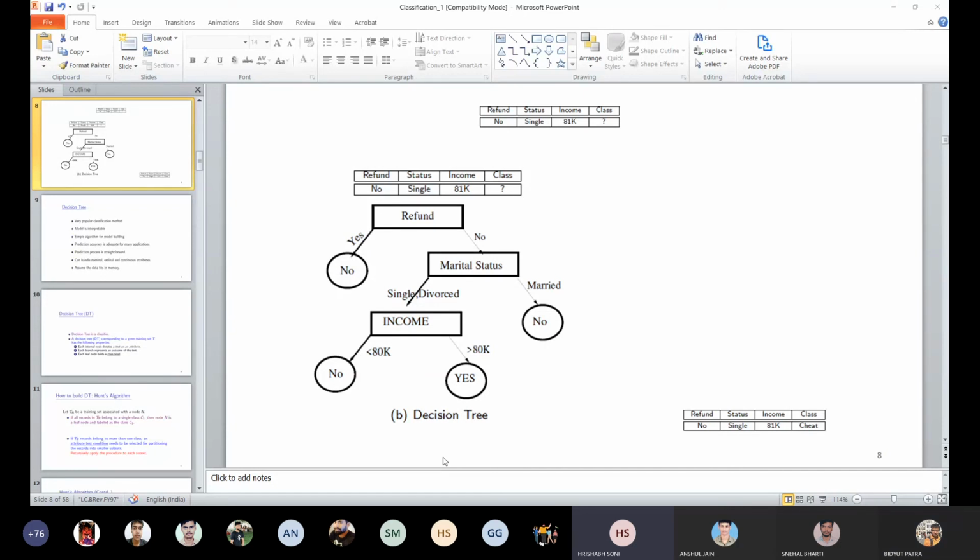We can have many classes, that means after the attribute income, we can have many nodes also. Many branches, yes, that is possible. I will upload the video.